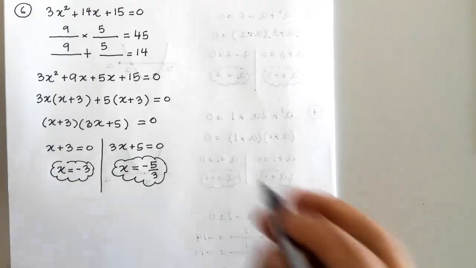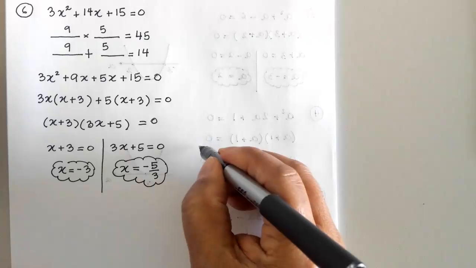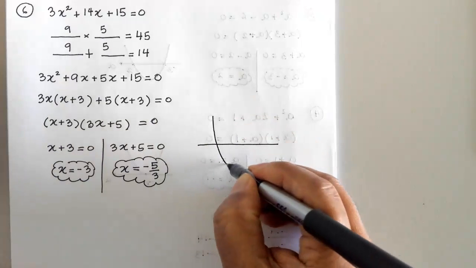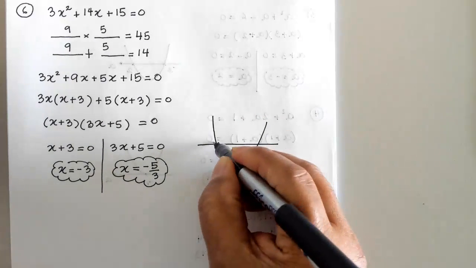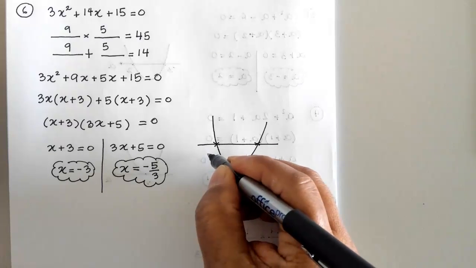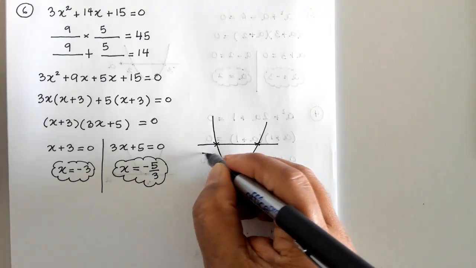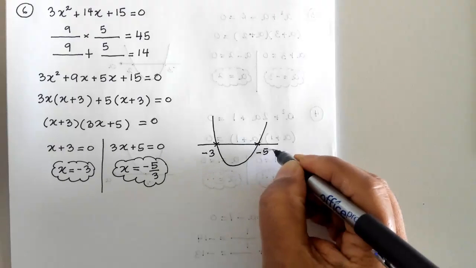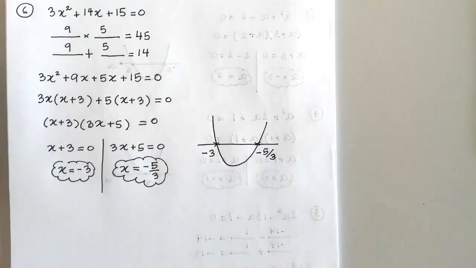Okay, and then you can draw your parabola just to indicate that that is what is going on. So this is -5, so this is -3, and this is -5 on 3. Okay, so